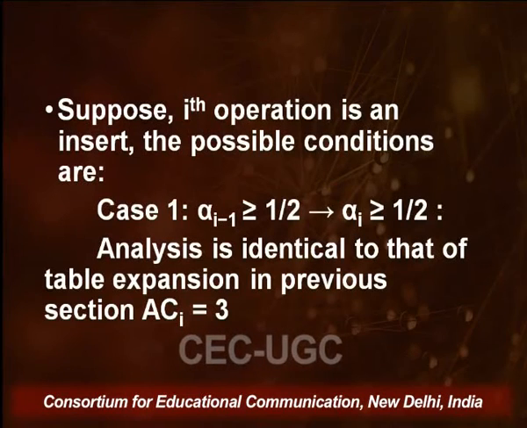Similarly, in deletion we will be seeing what the situation of alpha is before performing the deletion, and what it is after performing the deletion. Is alpha going to change the category? By category I mean earlier it was greater than 1 by 2 and now it is less than 1 by 2, because now we have a different potential function calculation for these two categorizations, where alpha is greater than or equal to 1 by 2 and where alpha is less than 1 by 2. Okay, now let us analyze all these conditions one by one.